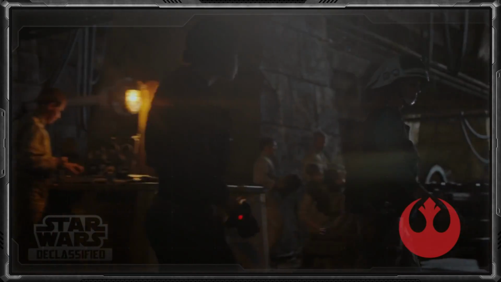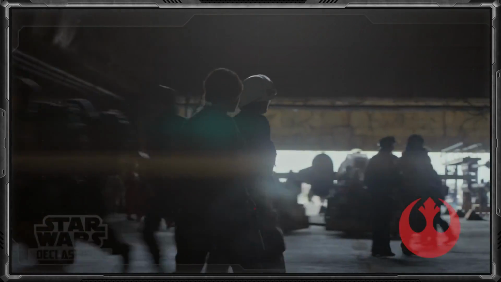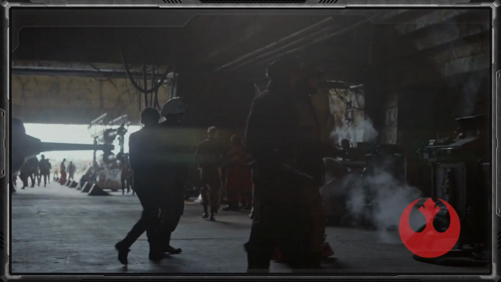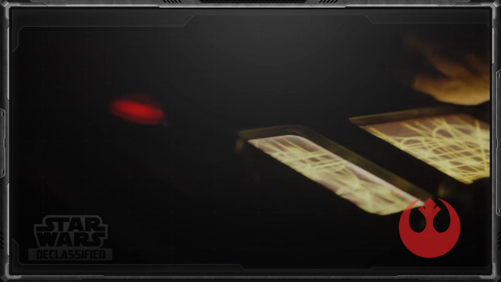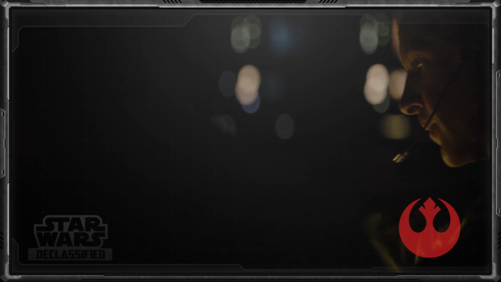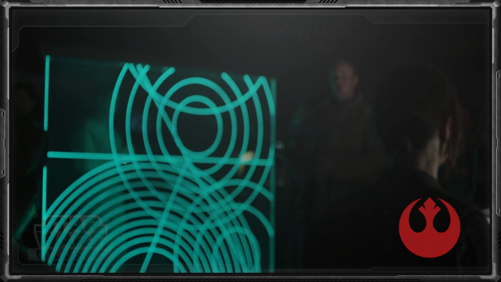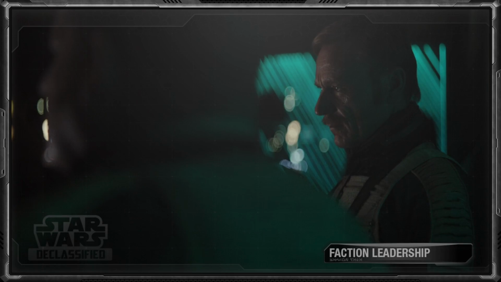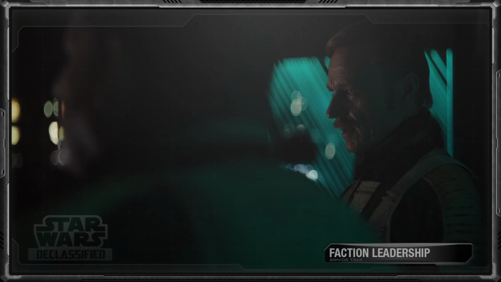First up, the Rebel Alliance. Known also as the Alliance to Restore the Republic, it was an underground movement formed by Senators Bail Organa and Mon Mothma to oppose the reign of the Galactic Empire. While initially small and fragmented due to the rebellion being made up of many different separate rebel cells around the galaxy, by the Galactic Civil War, the majority of those cells would come together and unite as the Rebel Alliance.